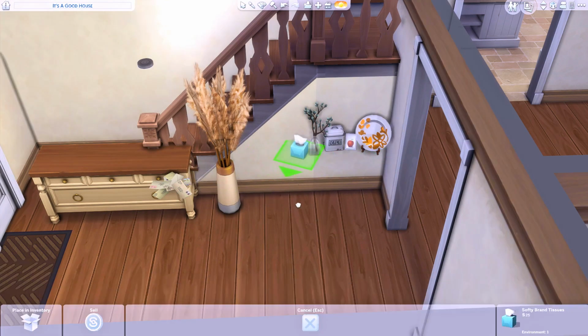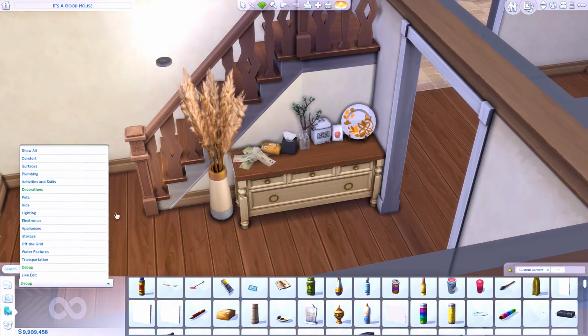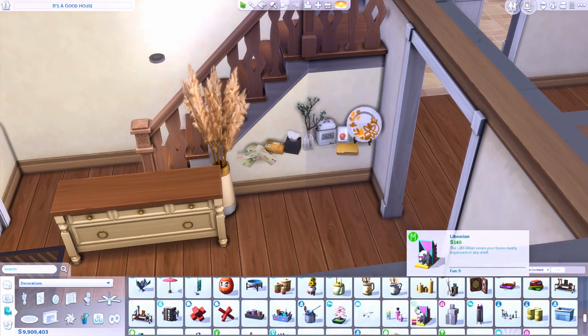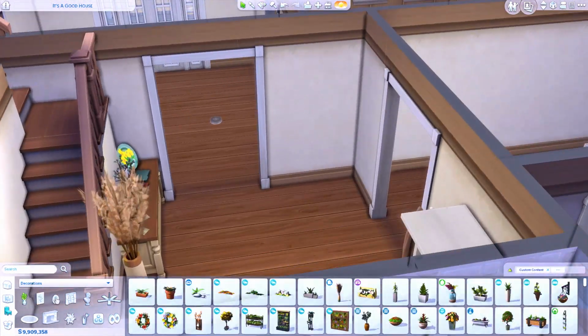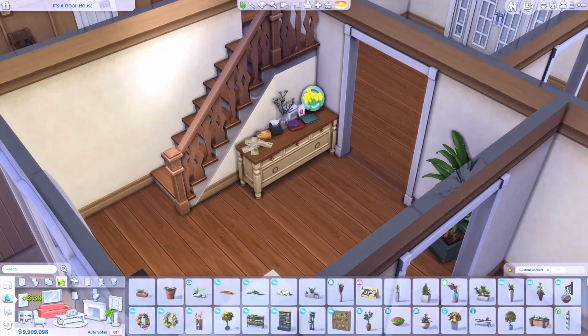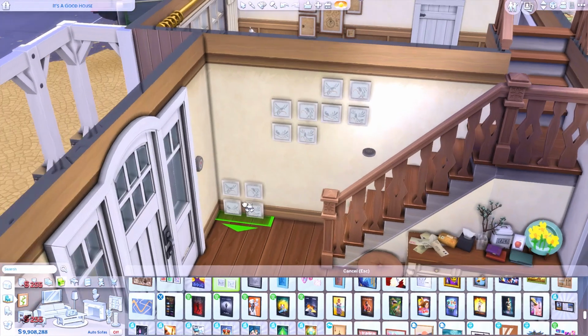But now I have actually moved on into the hallway area. So this is kind of like the entrance hallway when your Sims are walking through the front door. Like always, I've got a little side table. Your Sims can pop down their post and their packages, maybe chuck their keys down as well. It's also somewhere where they can hang their hat and coat and scarf up and take an umbrella out,